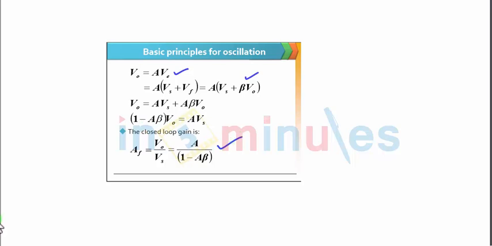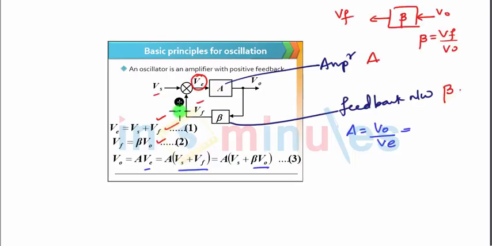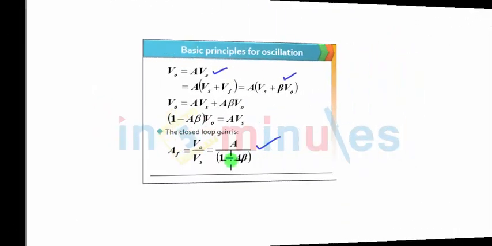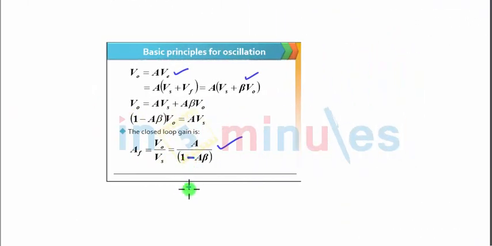and this is the final gain for the feedback network. Now what you can see here, this sign is negative in case of the closed loop gain for the positive feedback network, whereas it was positive for the negative feedback network, right? This sign was positive for the negative feedback network.